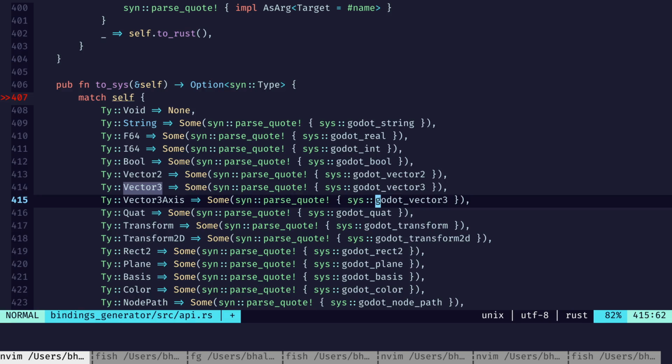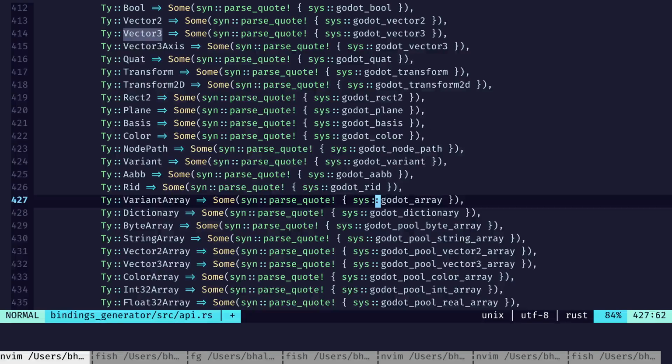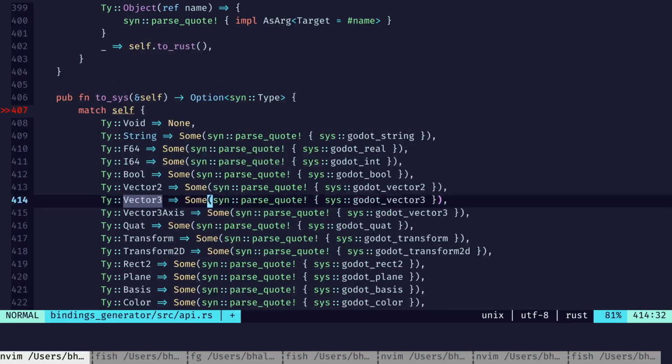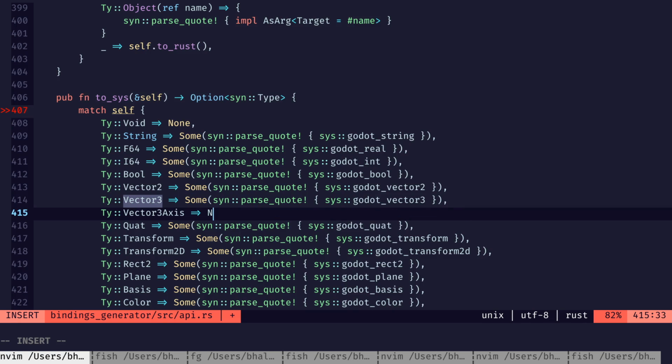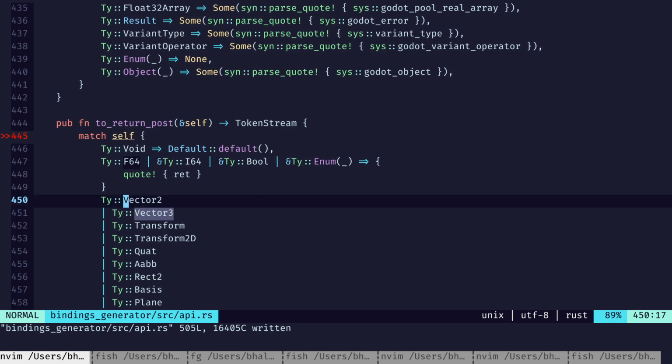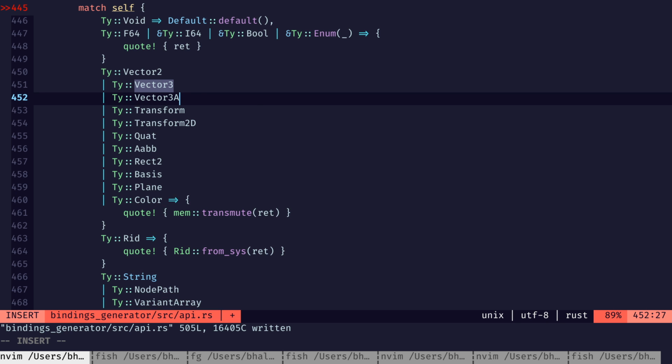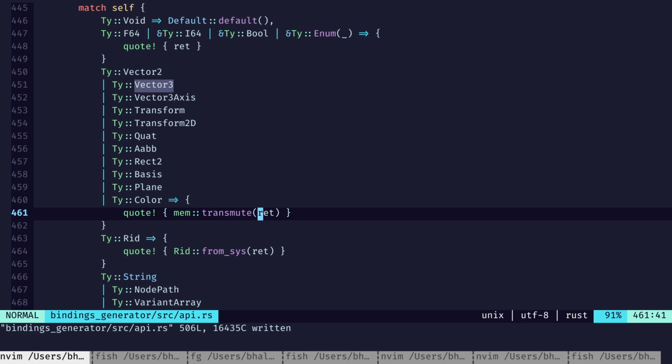Oh, this one's interesting. What is a sys on that? Godot Vector3. Because it was falling into the enum portion, which could still be the case. Okay, let's go that way. All right, now if we have the Vector3 axis here and we do the mem transmute on it, that return type, let's look at the code when it generates it and see if it makes sense. I think it does because